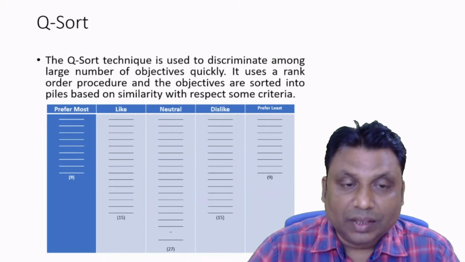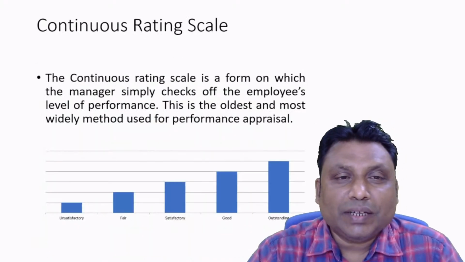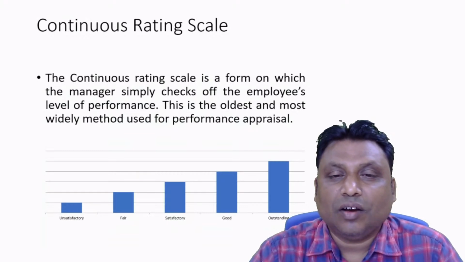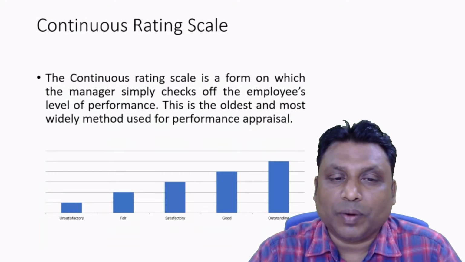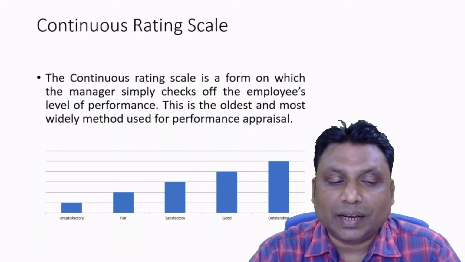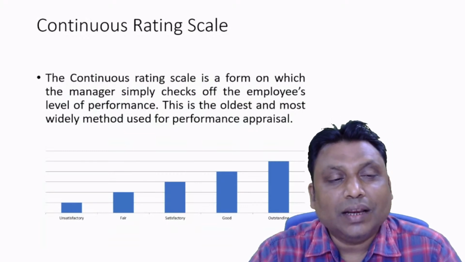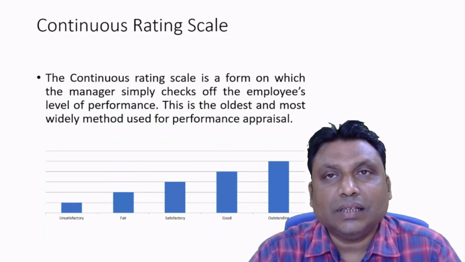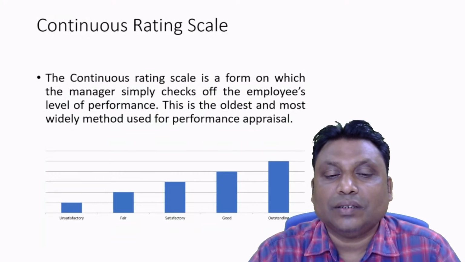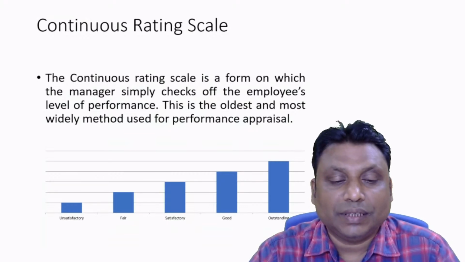Yes or no? So similarly, the continuous rating scale is a form in which the manager simply checks the employee's level of performance. This is the oldest and most widely used method for performance appraisal. Suppose that here what happened? Now we have to give, for example,